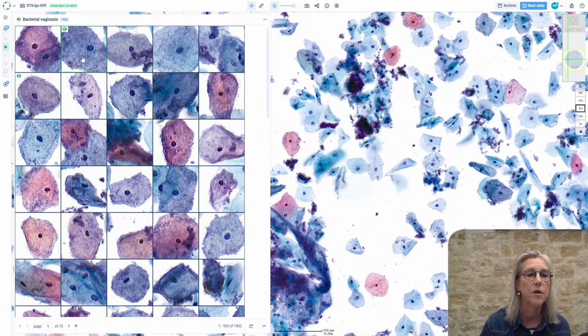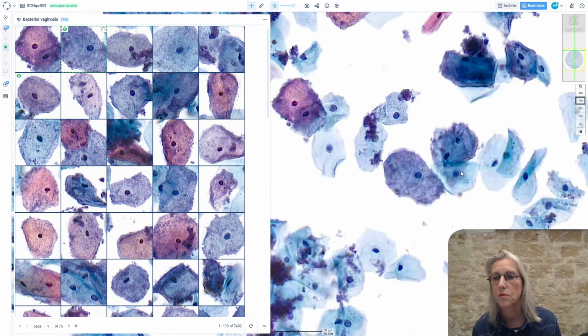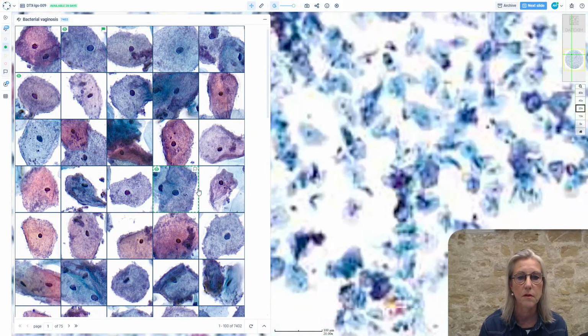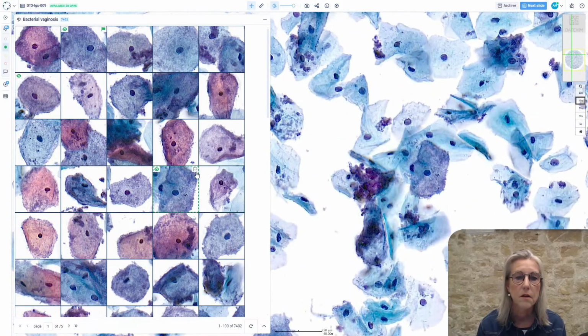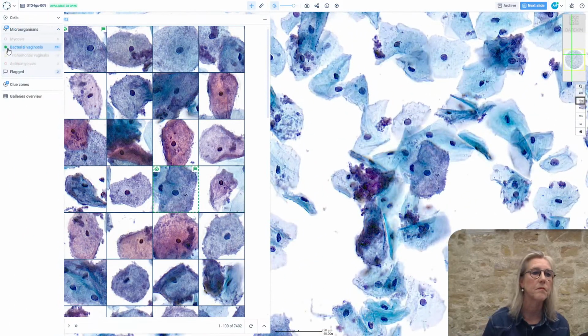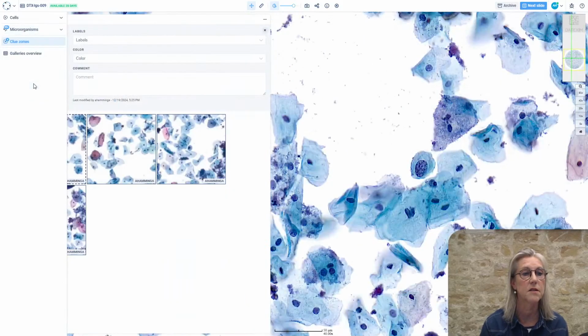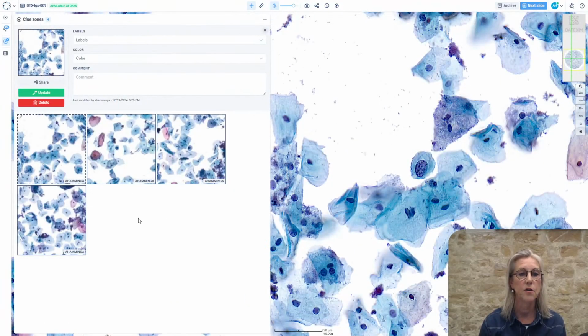So yes, I agree. I click to see the microorganism in the viewer, and I flag some nice examples for the pathologist. You see there I make 2 flags, and now I go finalize this case. So I go to my clue zones, and here you see I made 4 clue zones, and now I'm going to label the clue zone. So I think this is